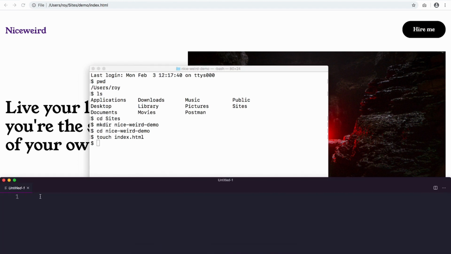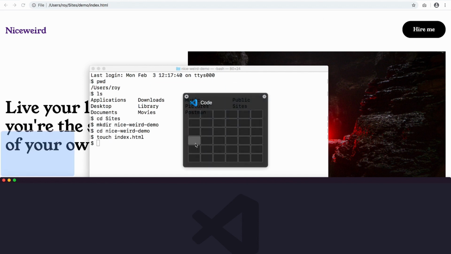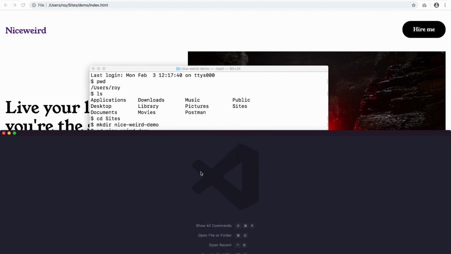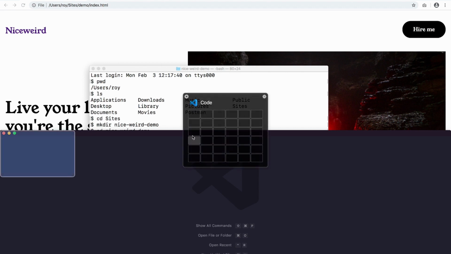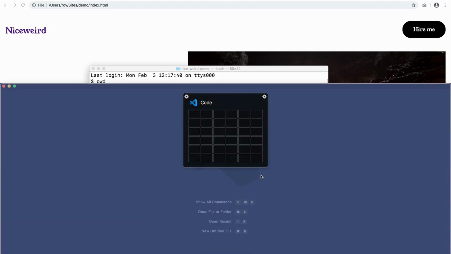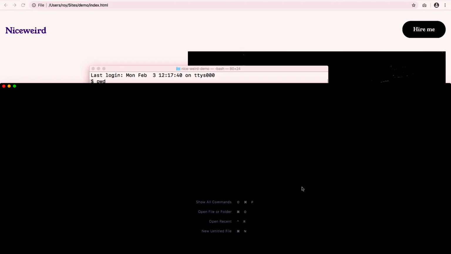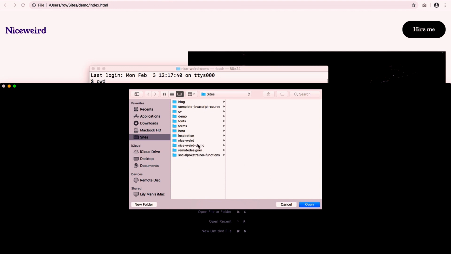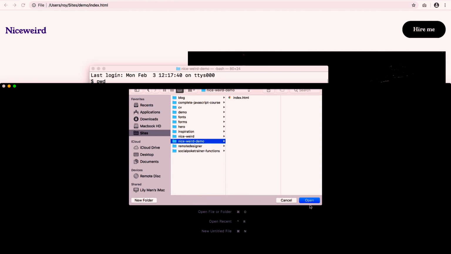I already have it set to this size. So as an example, if you open up Divvy, which is up here, you can then just change the size. I've put a shortcut in, Command D, and this will let you resize it, which is pretty handy. If we go to open a folder, so Command O. Now if we go to nice weird demo, we open this up,